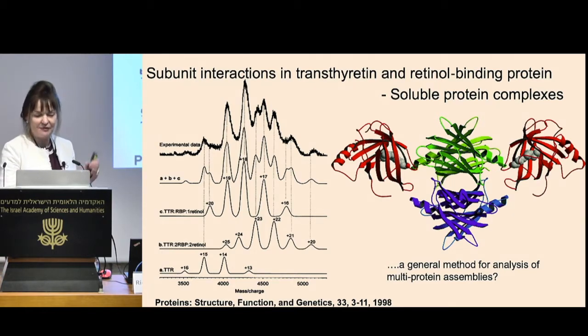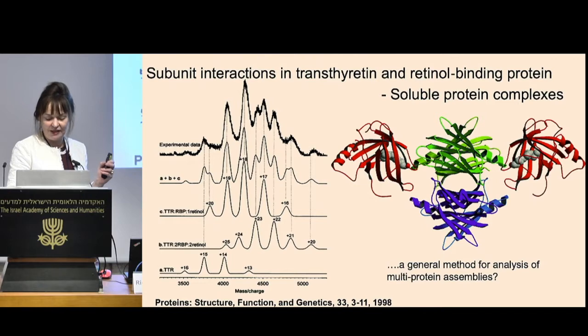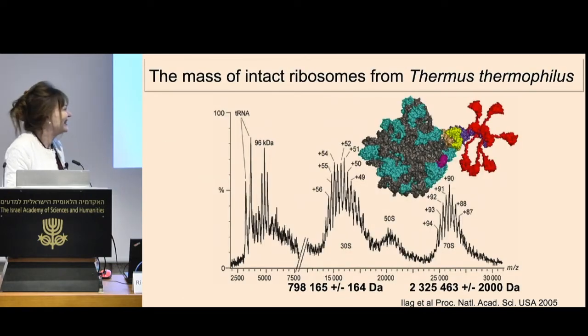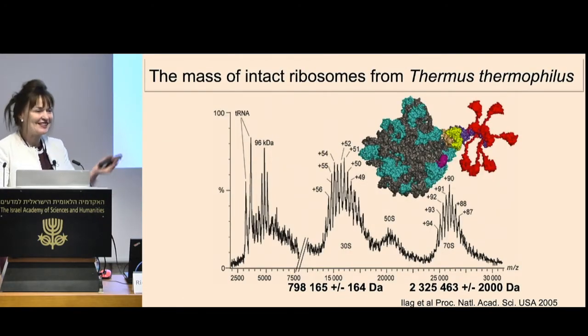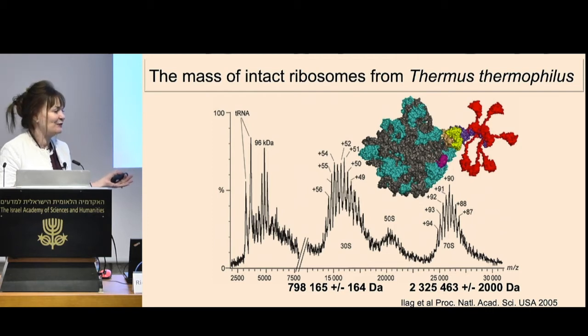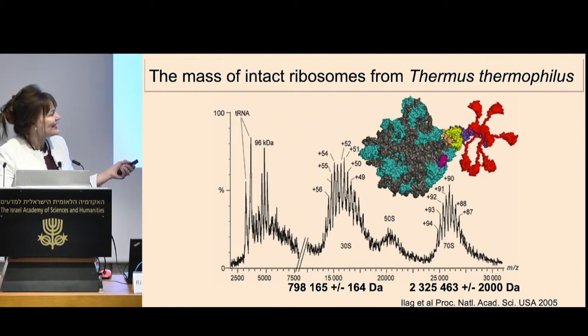And I couldn't come to a meeting that Venki's invited me to without mentioning the ribosome. So this was one of our early successes on the new instrument in Cambridge. We were very interested to see how far in mass and complexity we could go. And you might think this looks a bit ridiculous, which I do too, but this is modelled on, but it showed that in this particular Thermus thermophilus strain of ribosomes, there were actually 6 L7, L12, and this was